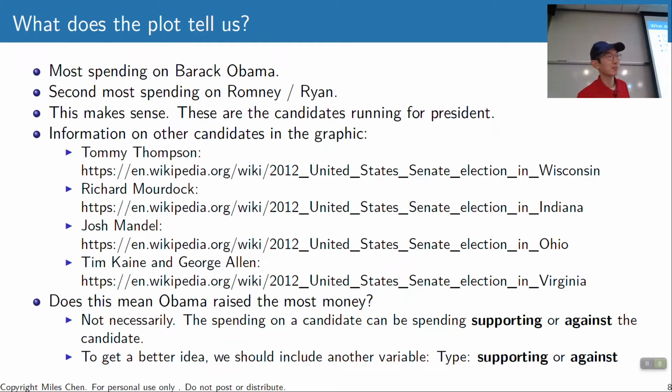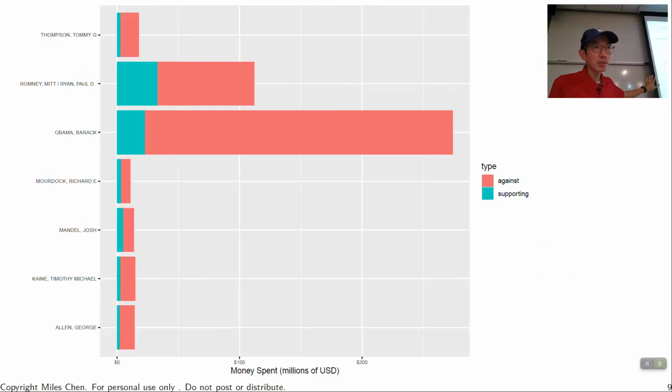You want us to shout it out? Sure, shout it out. A bar graph that splits. Okay, yeah. And when you split, it probably makes sense to have a different color or shading or something like that. So this is one possible way to display the graphic.